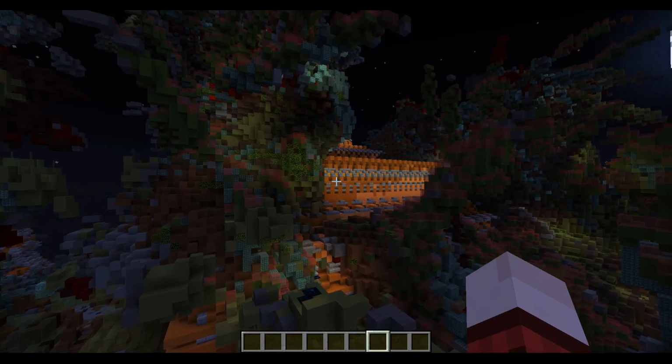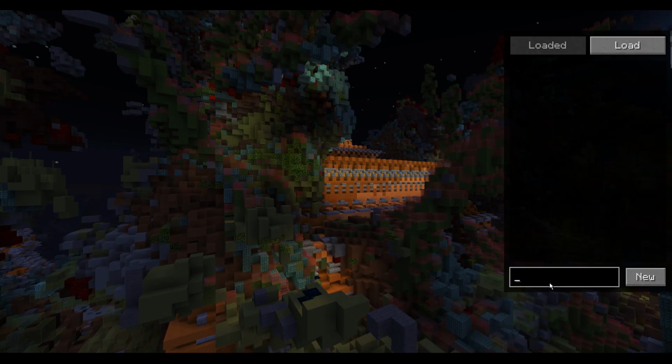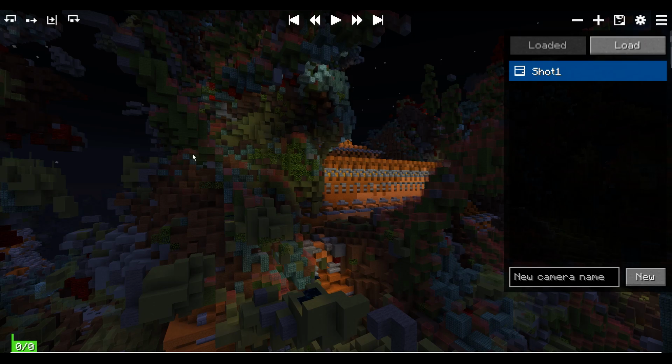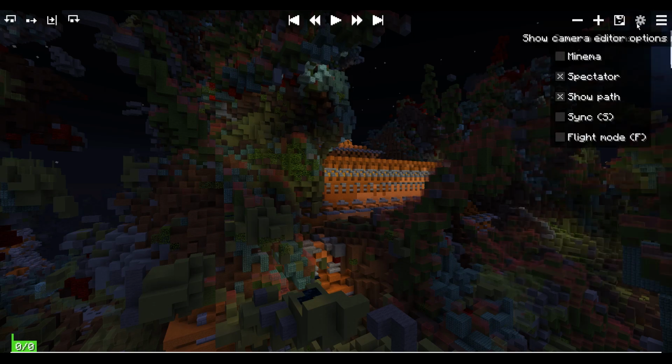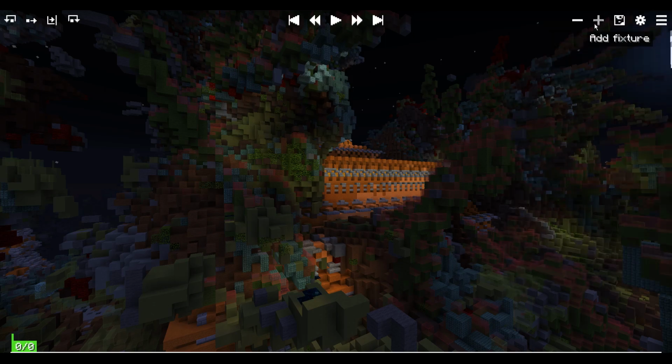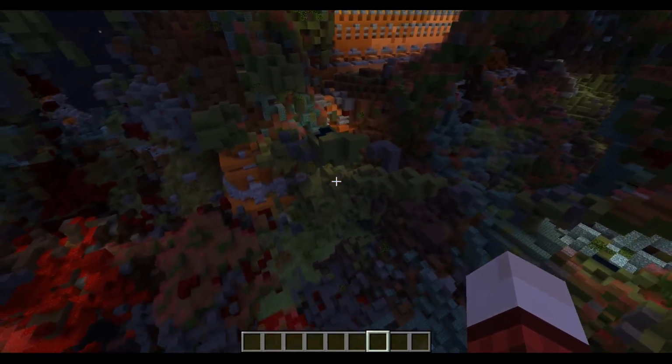Okay, so I'm gonna open Aperture. If you don't know, just open it with the C. And I'm gonna make a new camera. I call it Toma Uno because it's the Spanish term, but for you I'll go with Shot 1 and create a new one. I'm gonna disable my name. So the first point of the path will be